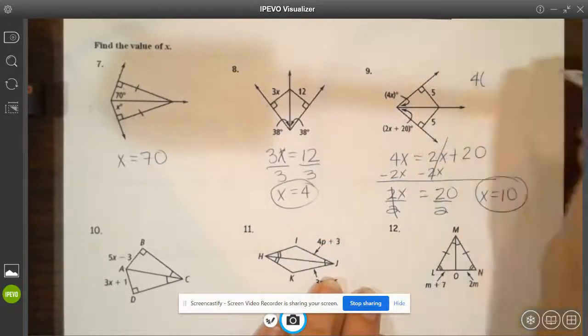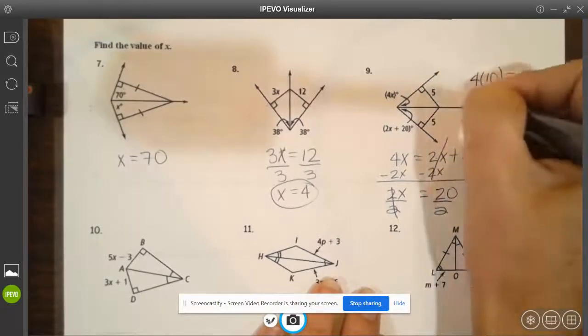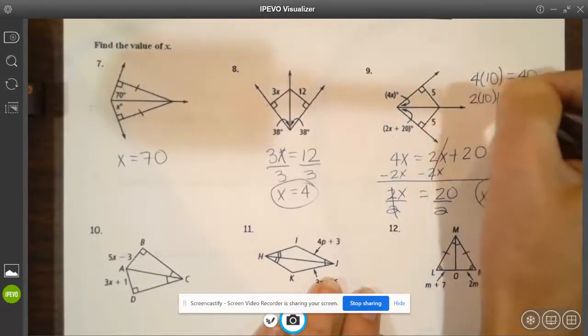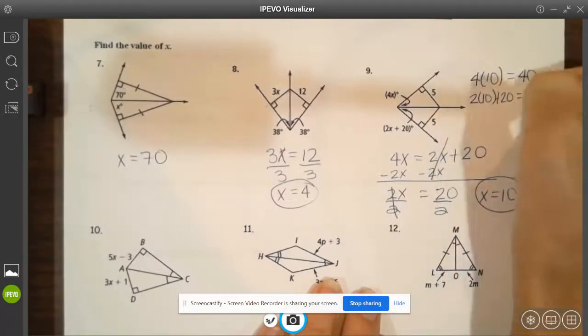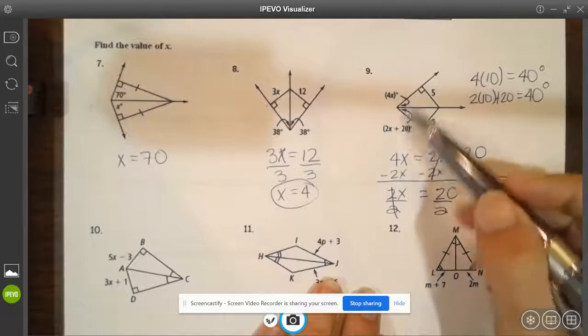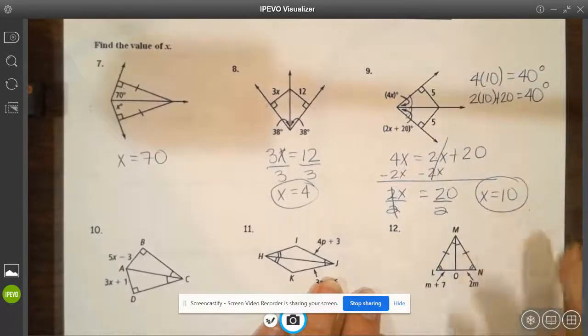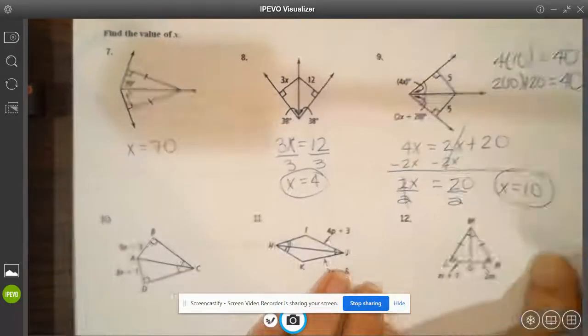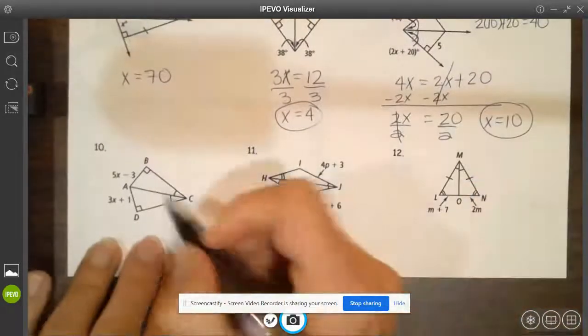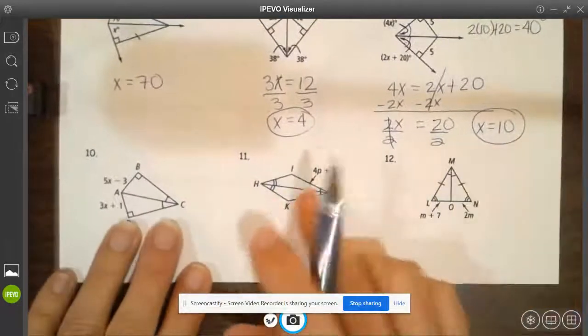So 4 times 10 equals 40, and then 2 times 10 plus 20 equals 40. Notice that they have to be the same. So both of these angles are 40, the angles right here where the arrow is showing. All right, keep going. This is the same stuff that we did in the previous page, and this one as